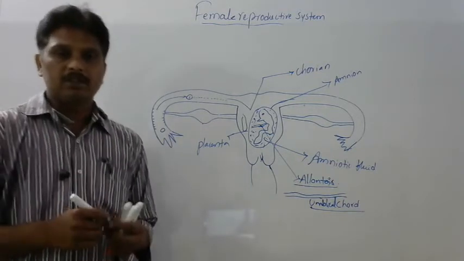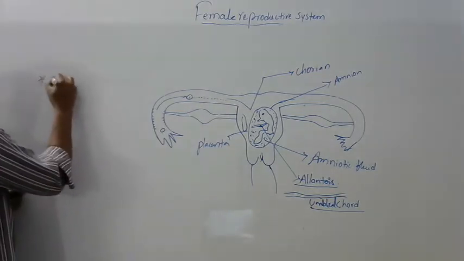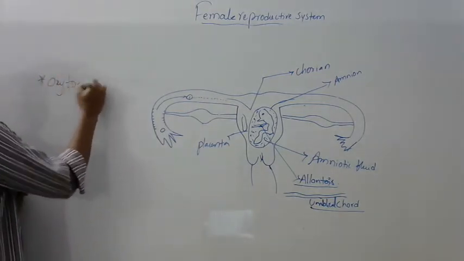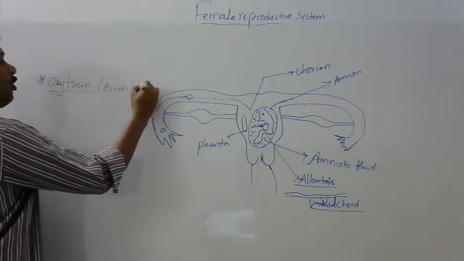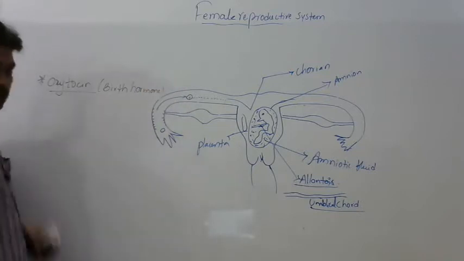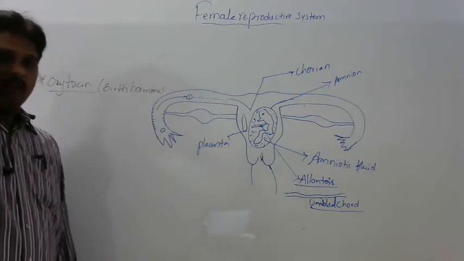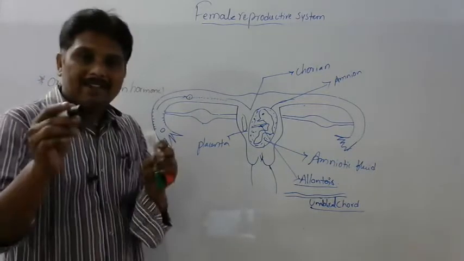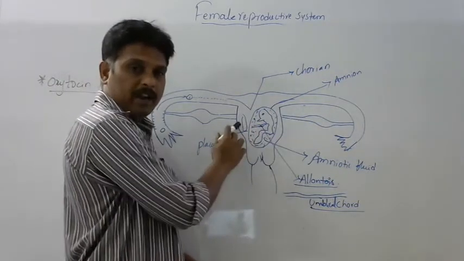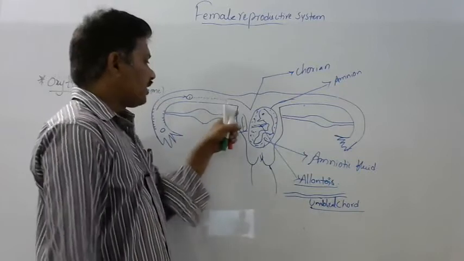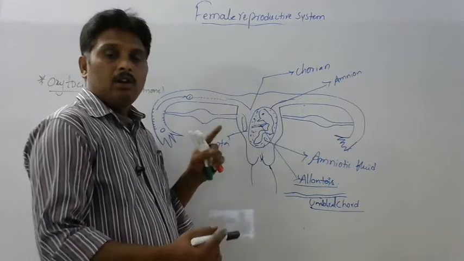How it happens: when the baby completely develops, in the mother's body a specialized hormone called oxytocin is secreted. Already I told you, it is called the birth hormone. Oxytocin is secreted by the pituitary gland of the mother. That oxytocin acts upon the wall of the uterus. As the uterus or womb is made of muscles, the oxytocin hormone acts upon the wall of the uterus,